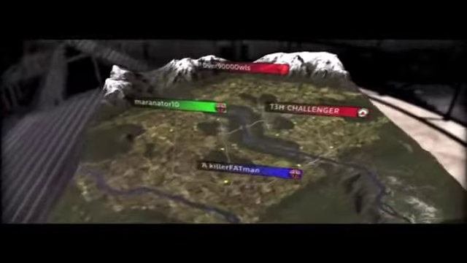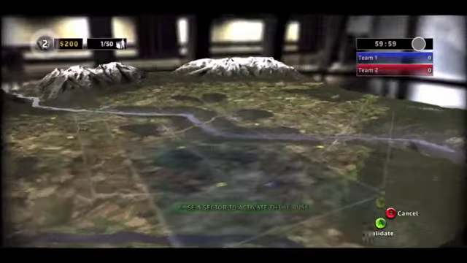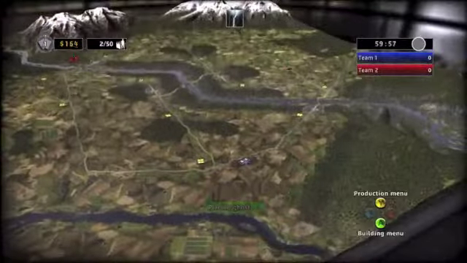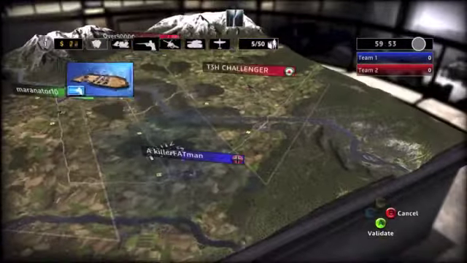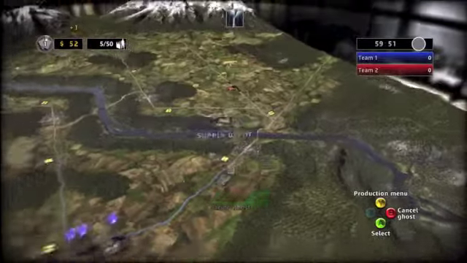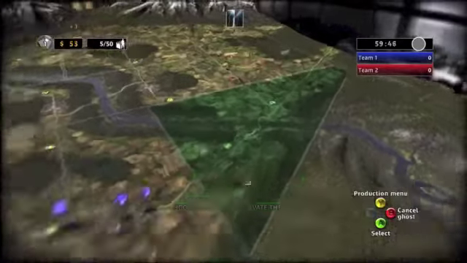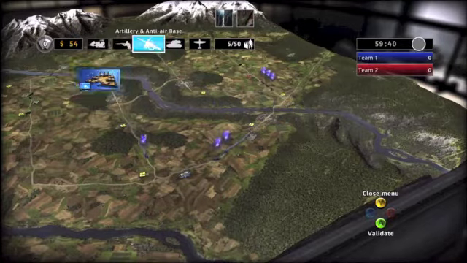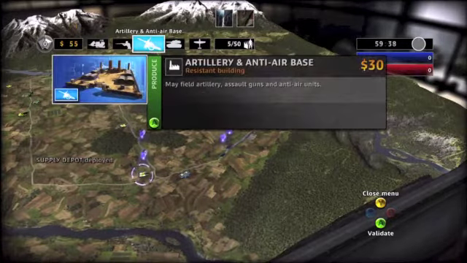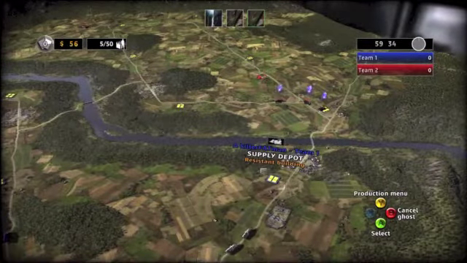So I'm gonna use the traditional blitz on the start, but make the 3 supply depots. Always go for 3. I'm going to place the barracks close to the spot here, and I'm not going to put camouflage on my normal base. I'm going to put it on